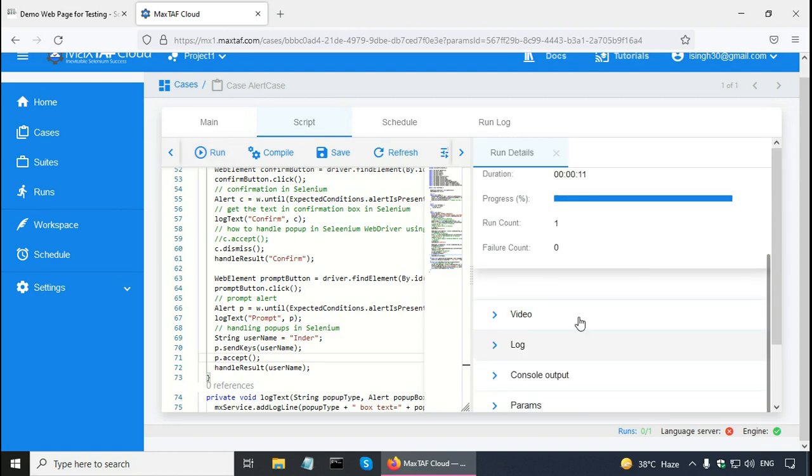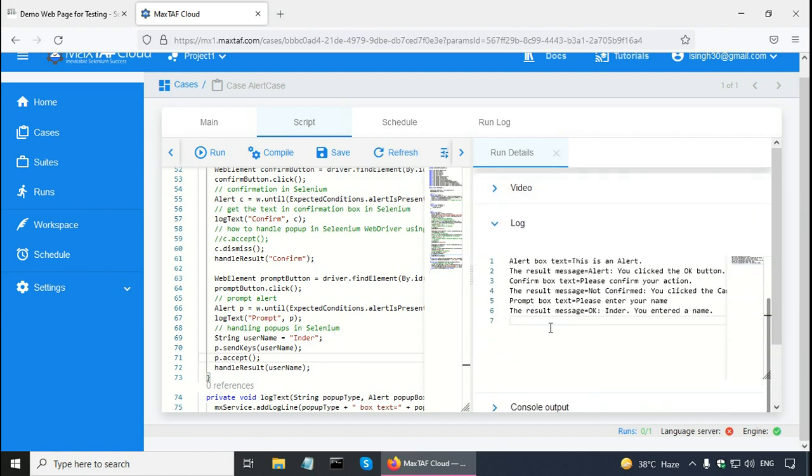In the log, it says that the result message is okay. The name was submitted. So I hope that you learned how to handle alerts in Selenium automation testing with this